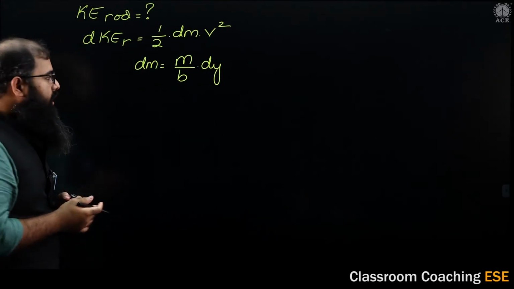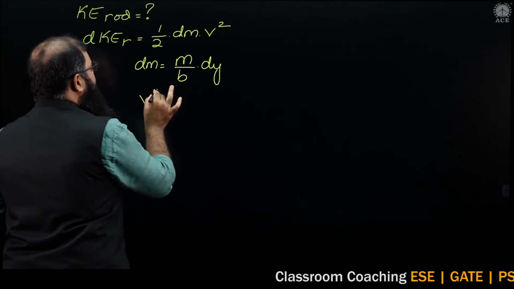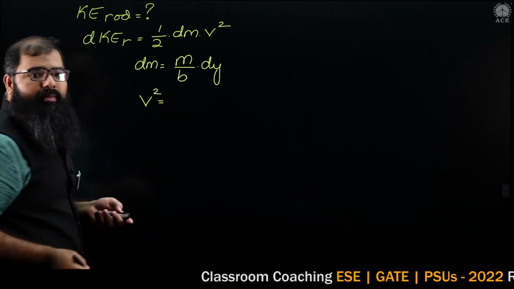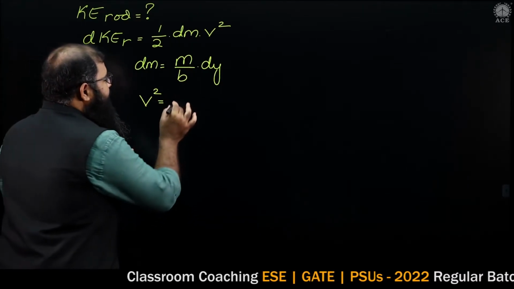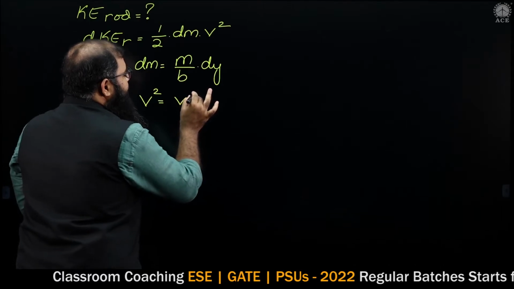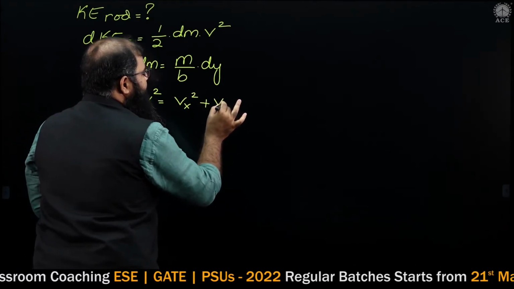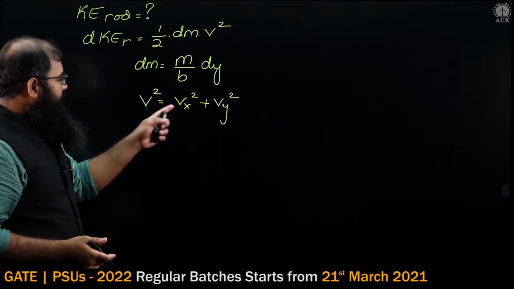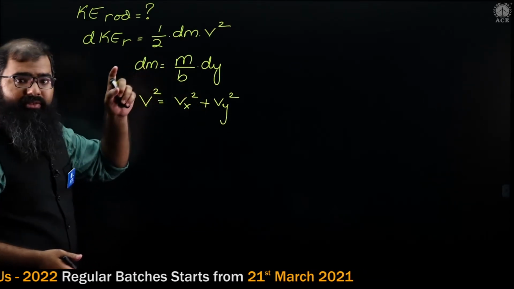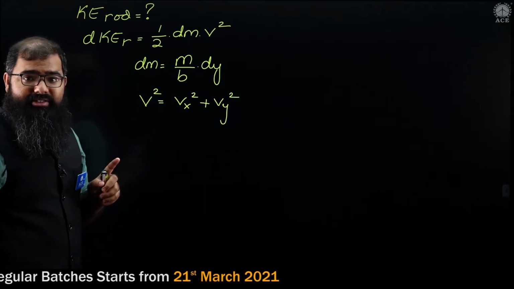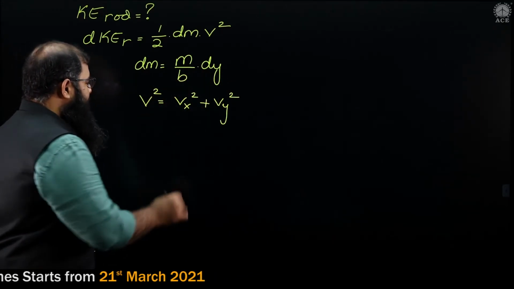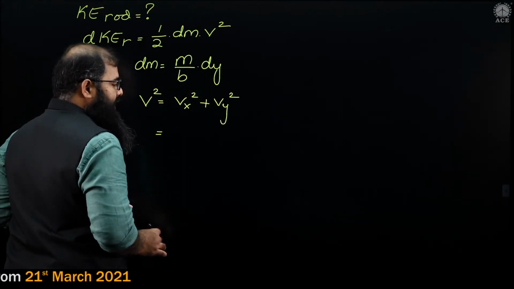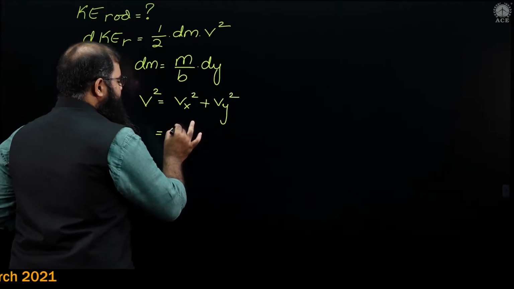Now, what is this v square over here? How much is v square? V square is basically a combination of vx square plus vy square, because v has two components, Vx and Vy. Therefore, vx square plus vy square. What is vx? That is what I discussed some time back. The value of vx was equal to x dot